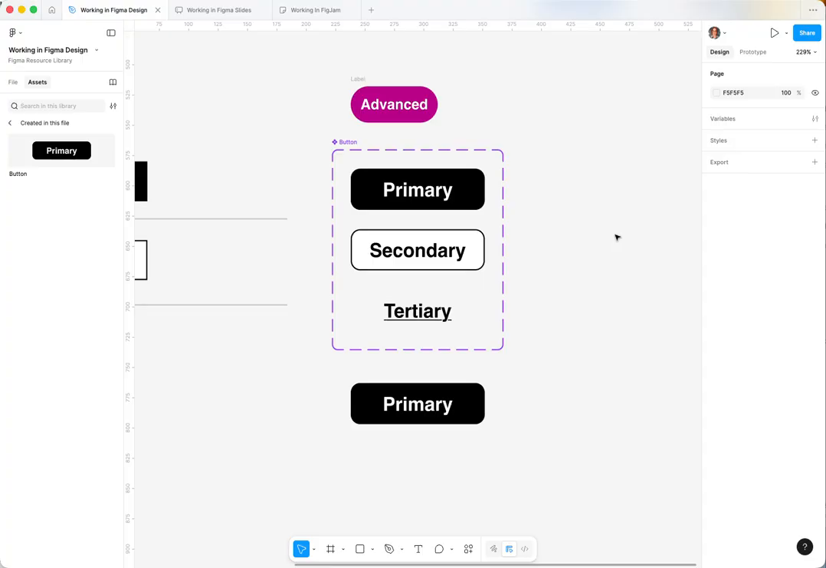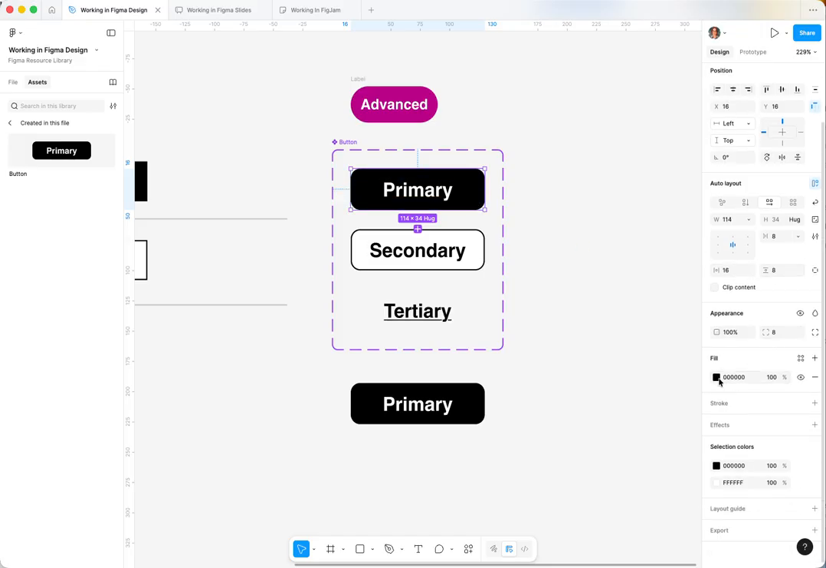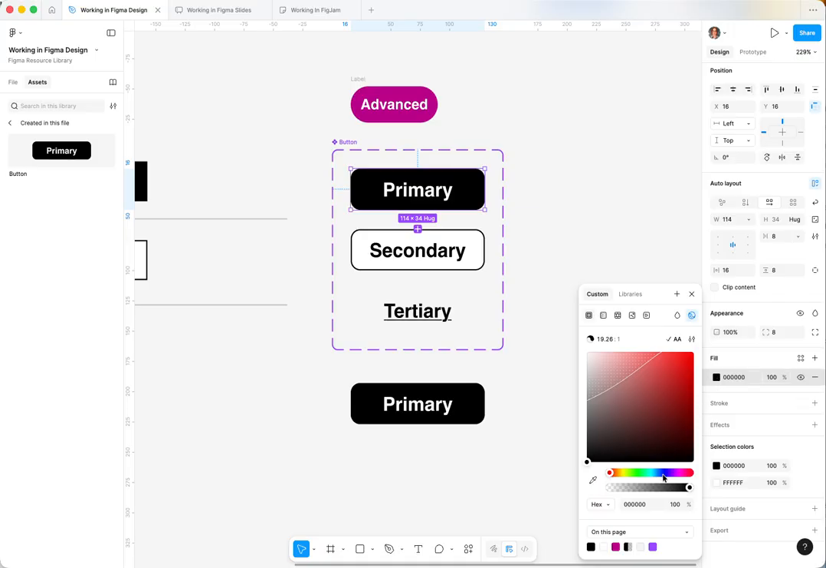Your brand team comes to you and says, hey, we changed our brand colors. Our primary button is now blue. Can you make those adjustments? Instead of having to go individually to each page and change the button from black to blue, I go to my component. This is my sort of master component, my main component, and I select my primary and adjust that color. So I'm going to go to fill and put in whatever hex code is now my new blue,